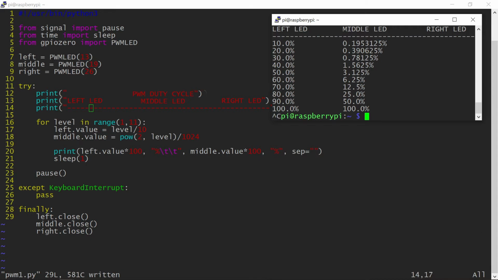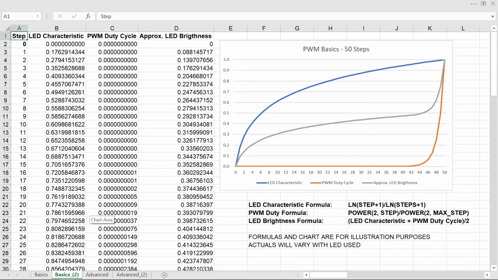This compensation method is alright if you have a relatively small number of steps. I played around with the numbers, and for this model, you cannot really get much past 10 steps. Let me show it to you on another chart. This is the same situation as before, and the only difference is the number of steps increased from 10 to 50 with the same formulas.